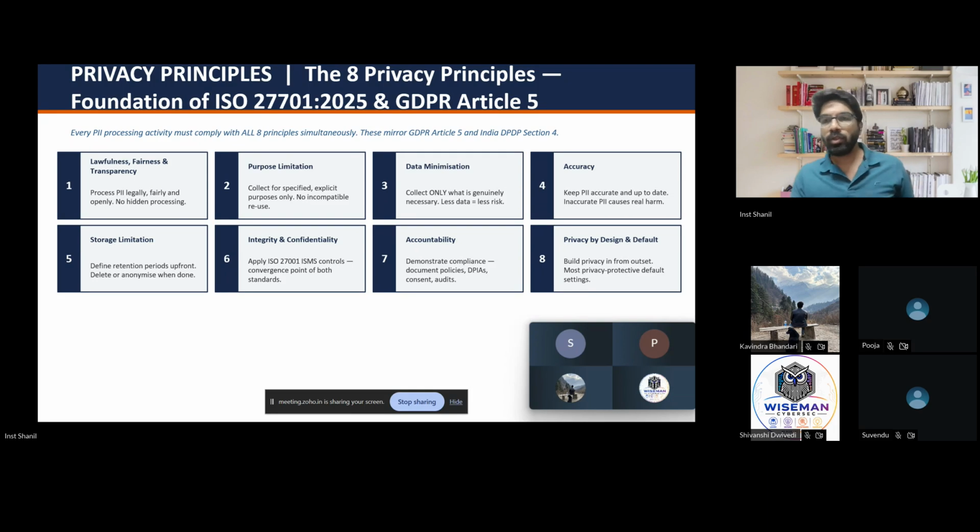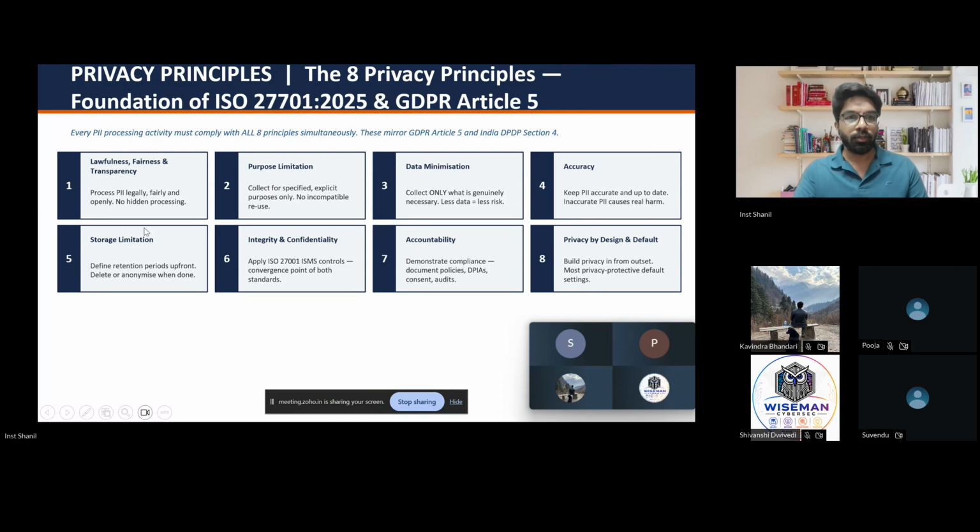I'll give you a live example from banks. Every year, or every 6 months nowadays, banks call you and ask you to update the KYC, right? If you hold any bank account, you will surely get a message asking you to reach out to your nearest branch and provide the updated KYC records. So that's how accurate data is held by the companies. Then you need to update your Aadhaar card, PAN card, your most recent photograph, and your KYC details are updated. So that is accuracy.